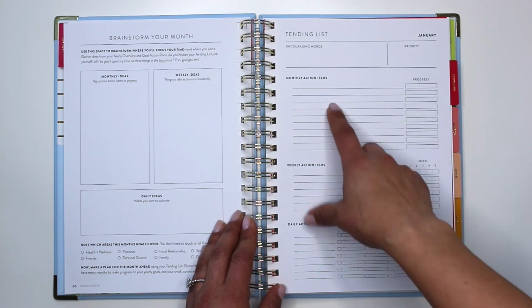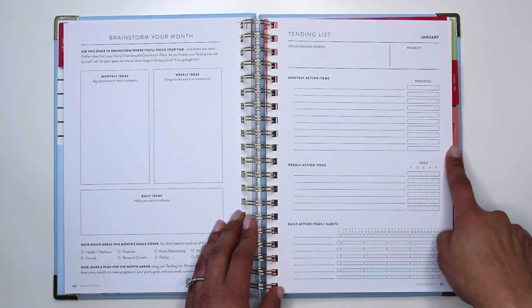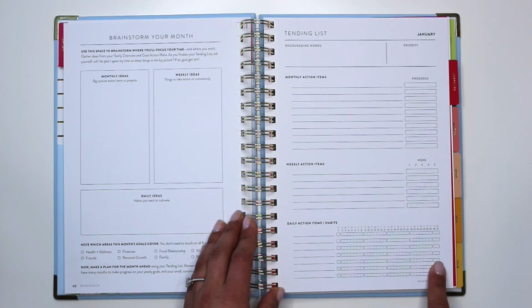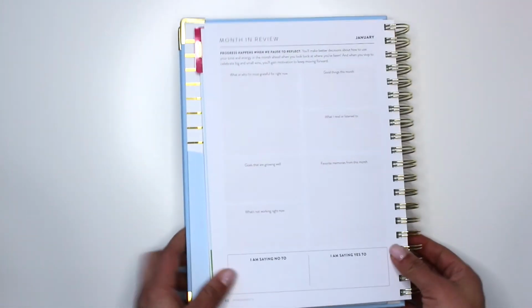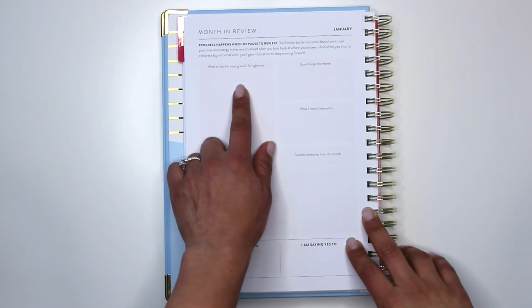So I really like this. You can see whether or not you've done your monthly goals or how far you've gotten in those. You can actually check off whether or not you're consistent with your weekly actions. And then here you can check off if you're being consistent with your daily actions. I really like that. Then here you have the month in review, starting with what you're most grateful for, good